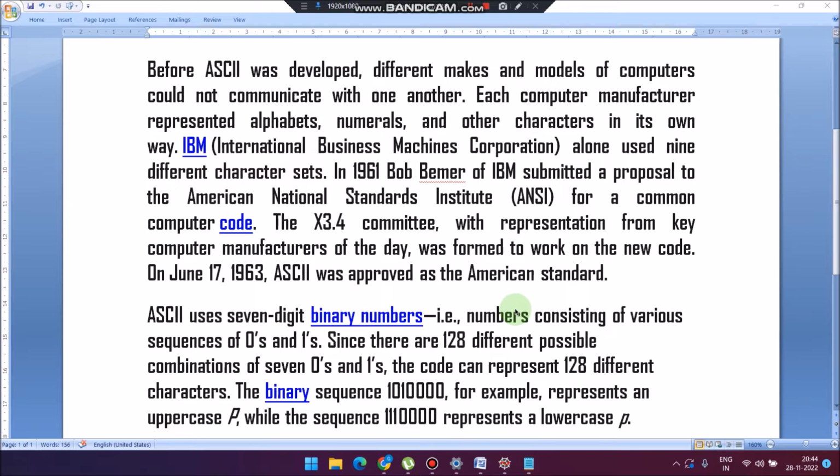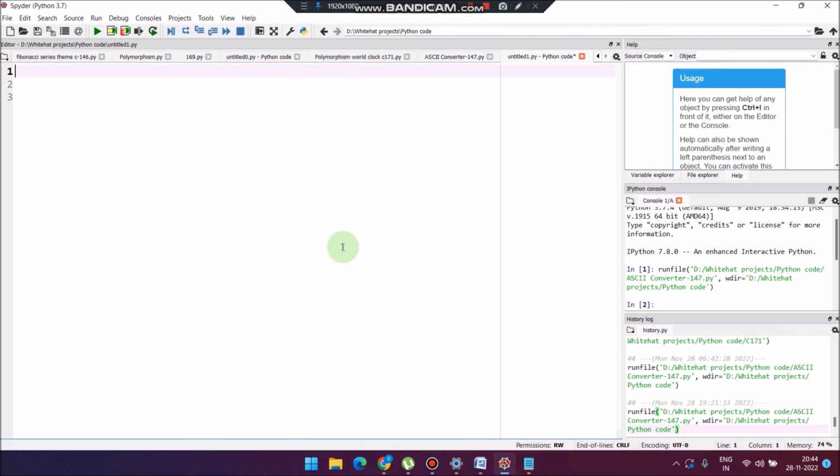So this is the short introduction to ASCII. Now let us code it. I have opened my Spyder and I am writing the basic code. From tkinter import, for importing the library. After that we write root equal to Tk,